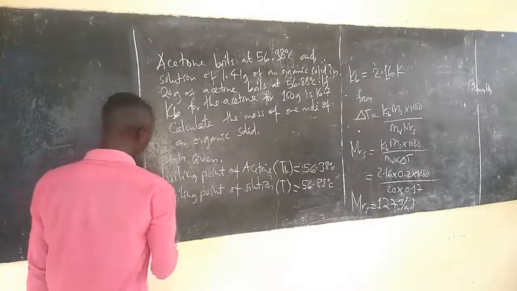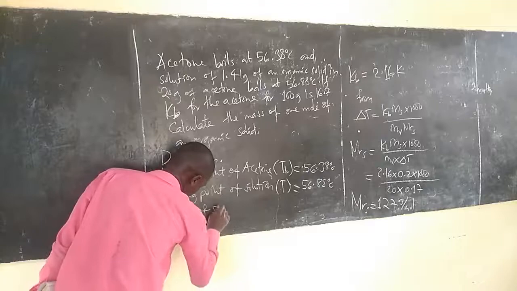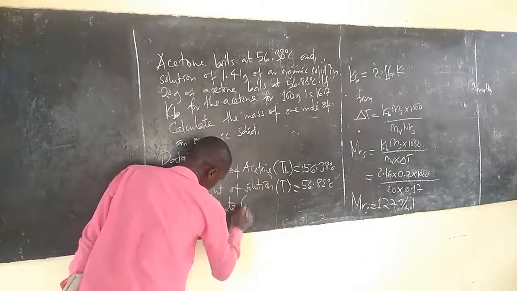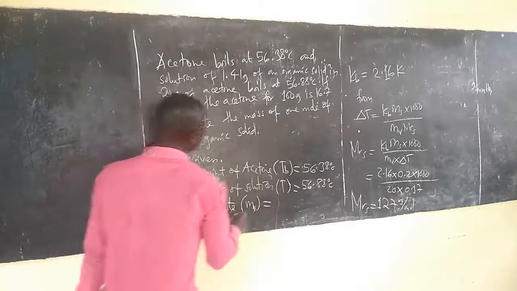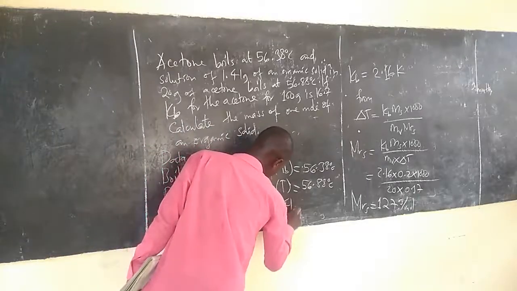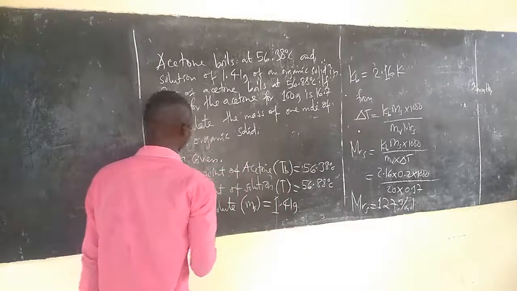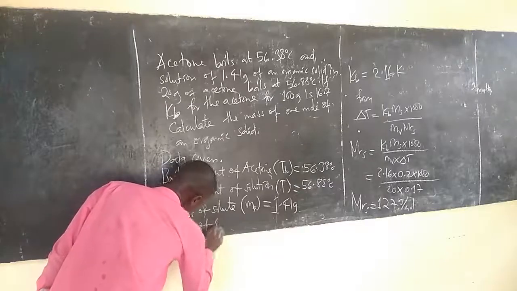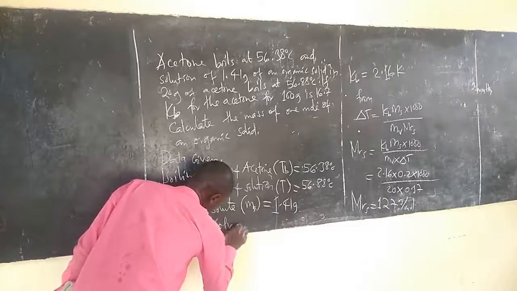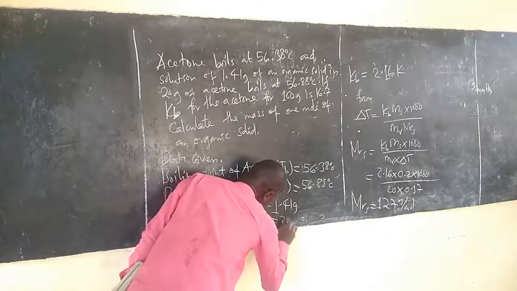Then tumepewa mass of solute 1.41 gram, and then tumepewa mass of solvent 20 gram,